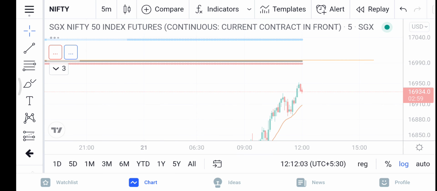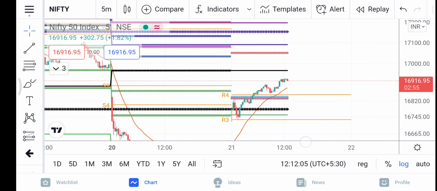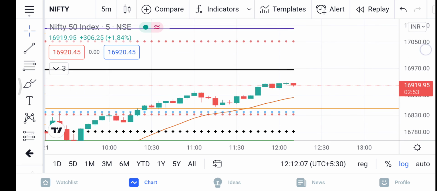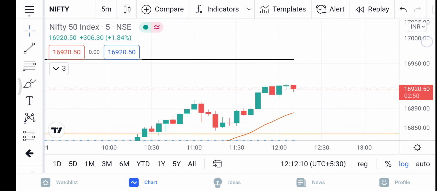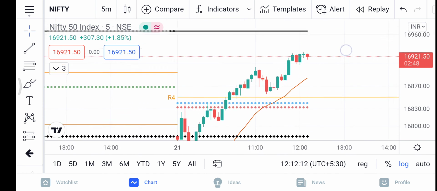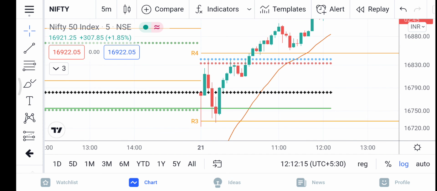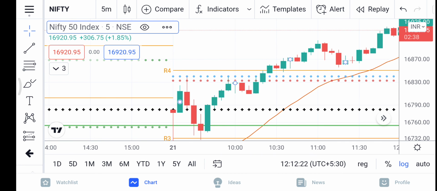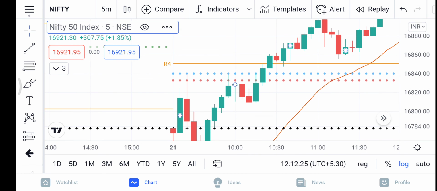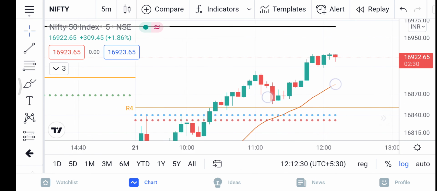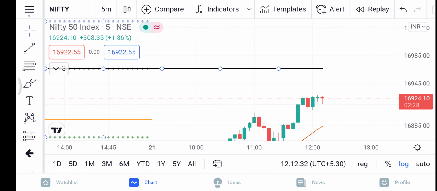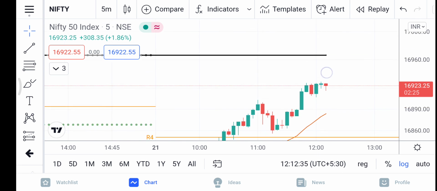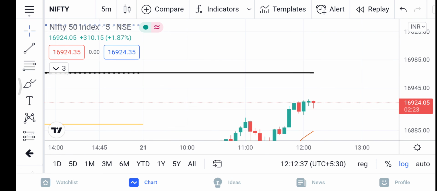So the market may go till 16,960, and from here whenever we have to plan our trade, keeping a stop loss below this weekly support, we can go long and we can book profit near this day's high, that is near the PDH and the resistance. If it breaks, we can take the further trade and we can book our trade till the next pivot, because the candles have room to move till here.